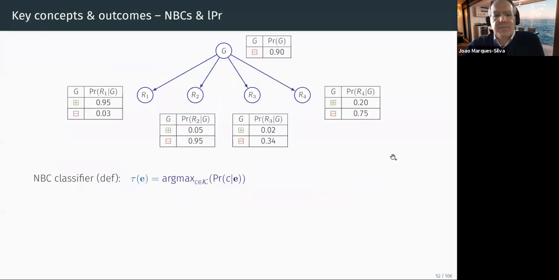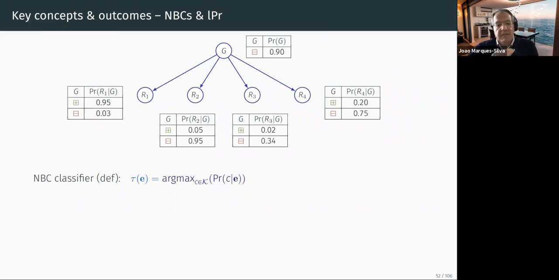Okay, so this is for those of you familiar, and this is an example of a Bayesian network. Depending on the classification, it's a naive Bayes classifier, because for the features we assume conditional independence given the class. The way we represent the naive Bayes network is we have the probability for minus, and given the class, which can be plus or minus, we have the probability of each of the features R1, R2, R3, R4, given the class.